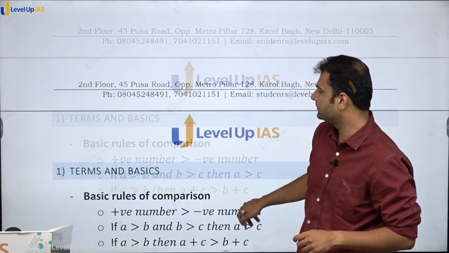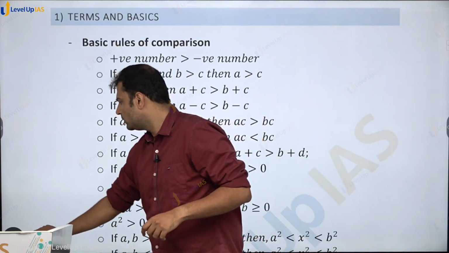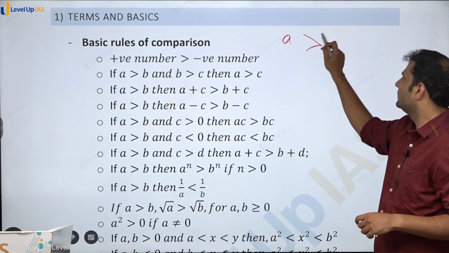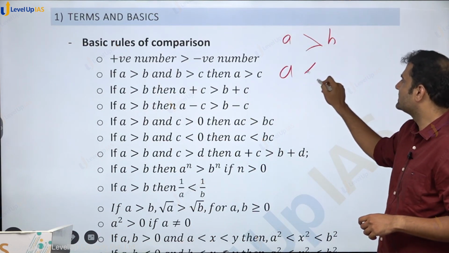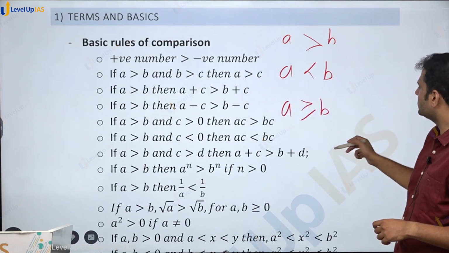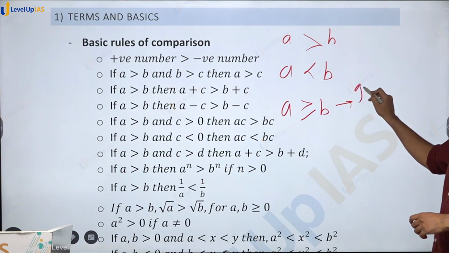Let us see. I am sure you must know these symbols. This is greater than, this is A greater than B. This is A less than B. This is A greater than or equal to B. Here we mean that greater than